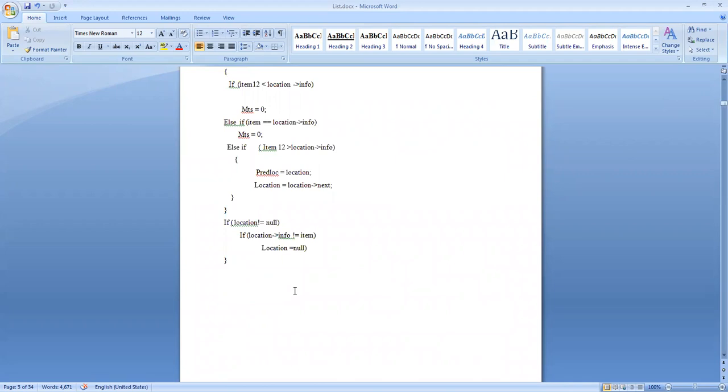Welcome back to our list program. In the last class, we implemented one operation on the list, finding an element of the list. As I told you in the last class, it is going to be used in the insertion mechanism and the deletion mechanism. That's what we are going to implement in today's class. Now let us write the code for inserting a value into the list and removing a value from the list.